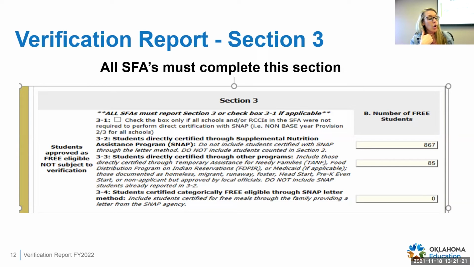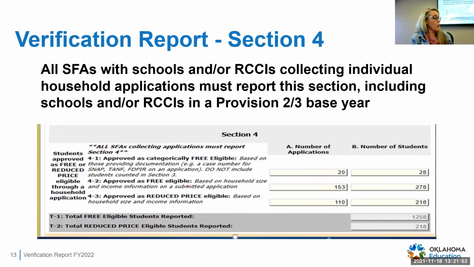3-4, column B includes only students certified as categorically free based on a letter submitted by the family from the SNAP agency. And I haven't seen that in several years. So I don't know if it happens yet, but I have not seen a letter from SNAP in several years, but you may be getting them. But oh good, we have one that does have a TANF, but I have not seen that in a very long time. So section 4, all SFAs with schools and/or RCCIs collecting individual household applications must report in this section,